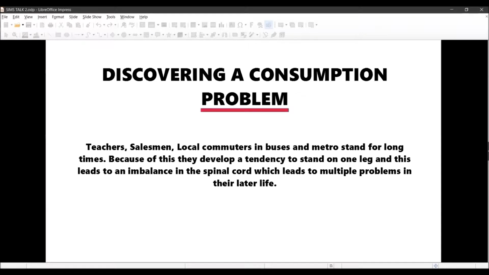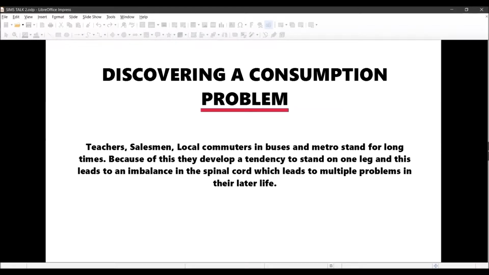As an example, let me tell you, I encountered this particular product in a project exhibition by a college called B&M Institute of Technology, which is in Bangalore, and it was amazing. One of the problems that teachers and salesmen and local commuters have is that we stand for long times in buses and in classes and while delivering our sales presentations, and we tend to develop a tendency to stand on one of our legs so that the pressure on the legs is eased. And sometimes without knowing it, one of our legs becomes a dominant leg on which we stand all the time, and this leads to an imbalance in the spinal cord, which further leads to complicated problems in later life, right from